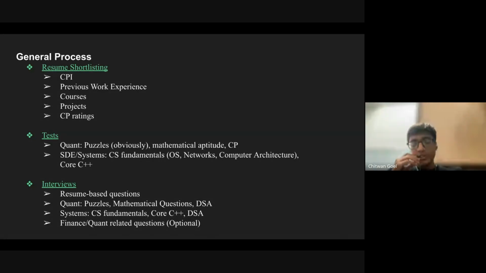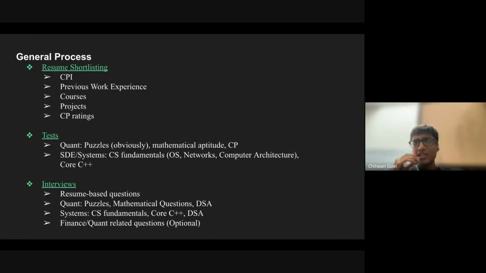Yeah, so I was just saying, for the quant-related or finance-related questions, you do not need to specifically prepare or memorize some terms or market conditions. If you have done a quant intern already, then your internship project must be related to that only, so those questions are mostly covered in that section. I personally don't have any experience where they have asked me specifically finance-related questions. And for the systems interviews, DSA and